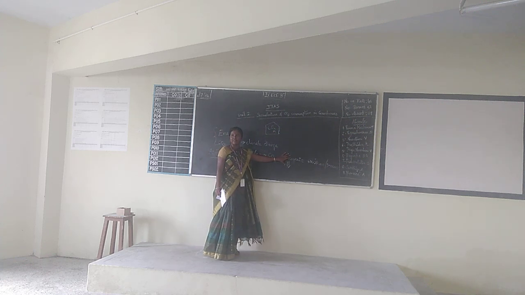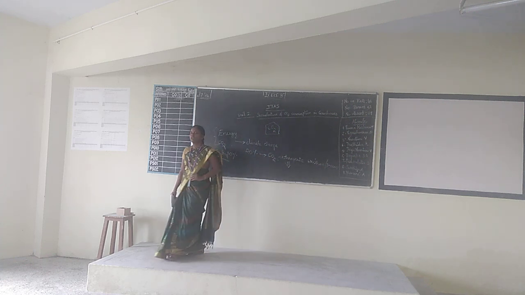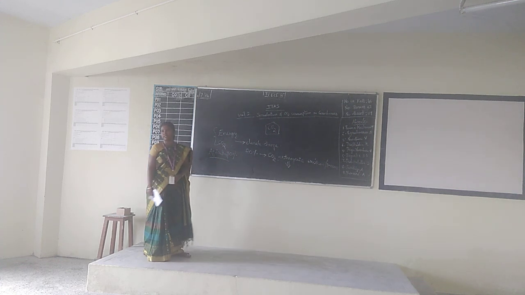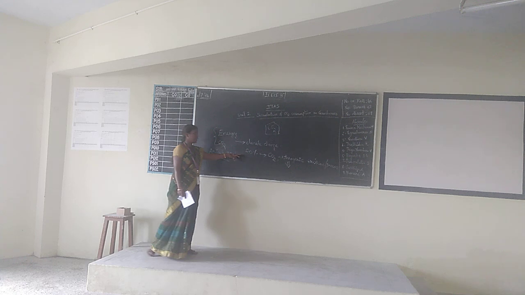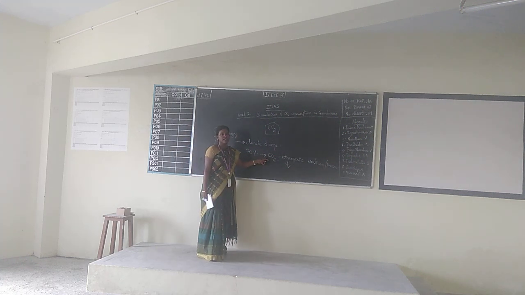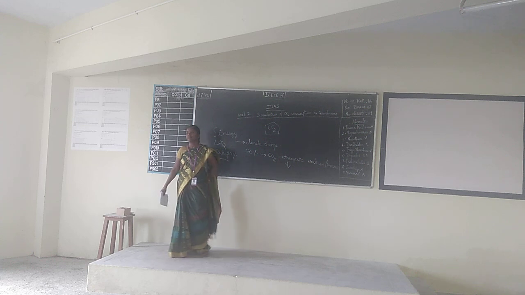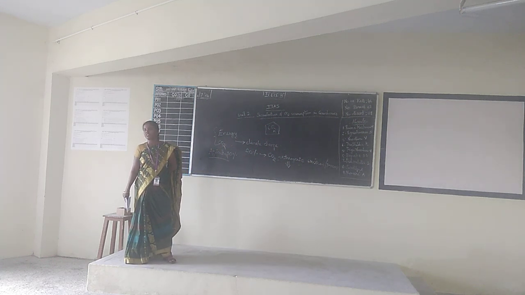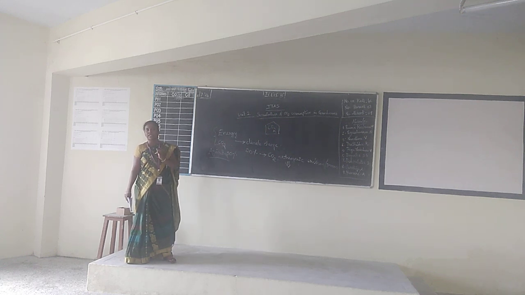So what are the various human activities? What are the various human activities? Due to that, we will be having a 20% of CO2 emission. What are the various activities? Land pollution, yes. Land use change.